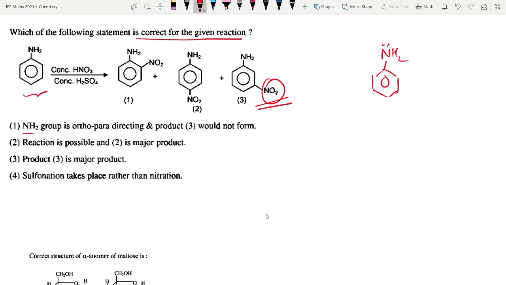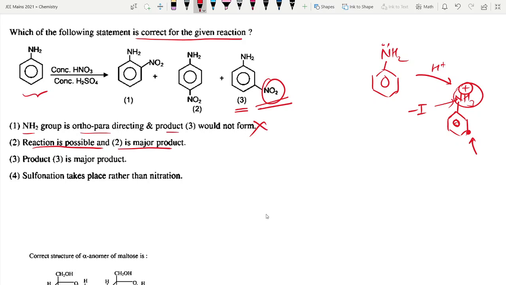What is the question? NH2 group is ortho-para directing and product 3 would not be formed. No, 3 is formed because in acidic medium you get anilinium ion, NH3 plus, which withdraws electrons, because this is N positive, so there will be a minus I effect. It will withdraw electrons and it will be deactivating and meta directing. So substitution of NO2 on meta is also possible here, and it's in good enough amount. So reaction is possible and 2 is major product. This is wrong. Reaction is possible, of course, product 3 is major, oh my god,